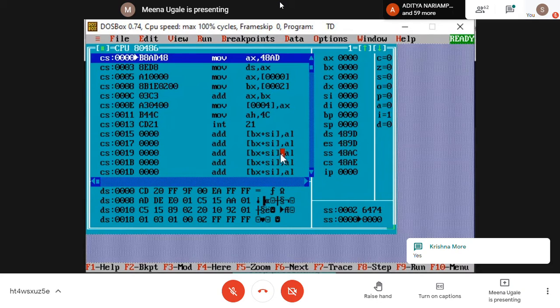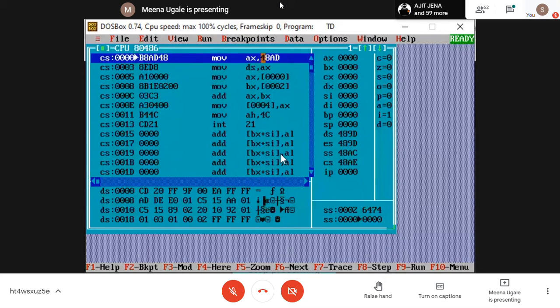Now see, in the program we have written move AX comma data, the first line of our code segment. In our editor we have written move AX comma data, but instead of data here, you are finding some number, 48AD. What is this number?